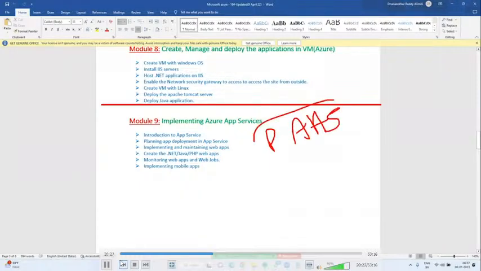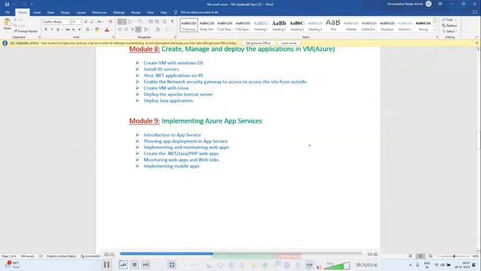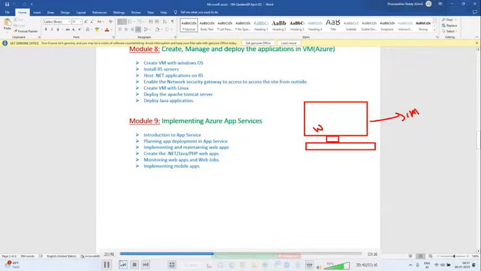From here, I am calling it PaaS, platform as a service. Now tell me, what is infrastructure as a service? We can create this VM with the Windows operating system within a span of a minute. On top of it, whether you are going to deploy a Java application, .NET or PHP, that all depends on your requirement. Clear, guys? Okay, next.